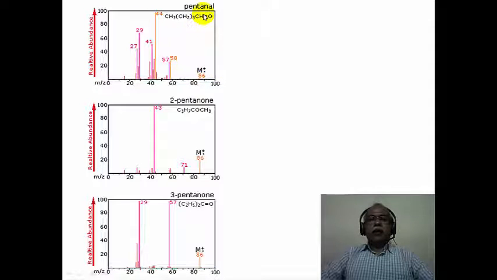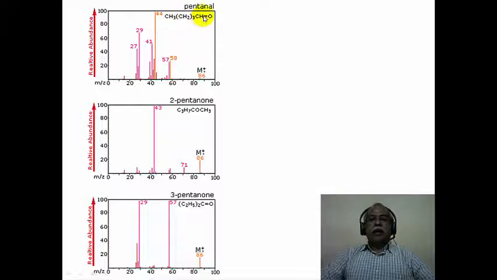Now if you take 1-pentanol, the molecular weight is 86, and if you lose 28 mass units, you get 58. In other words, this has to lose a molecule of ethylene, probably undergoing a McLafferty rearrangement because the gamma hydrogen is available. The gamma hydrogen loss essentially leads to the fragmentation, which is a loss of ethylene, for example, resulting in the formation of 56. It can also form another fragmentation.